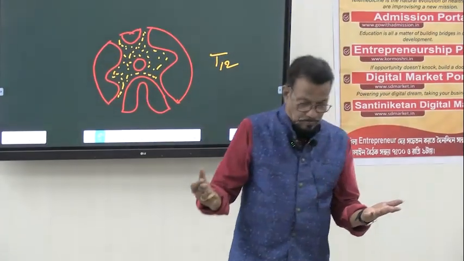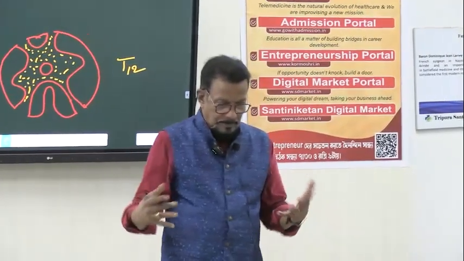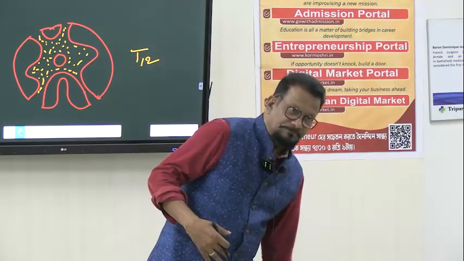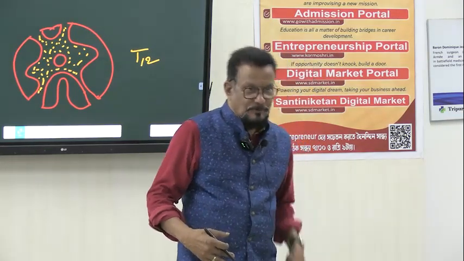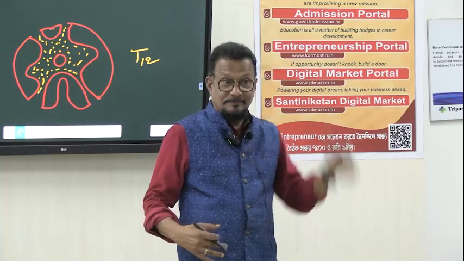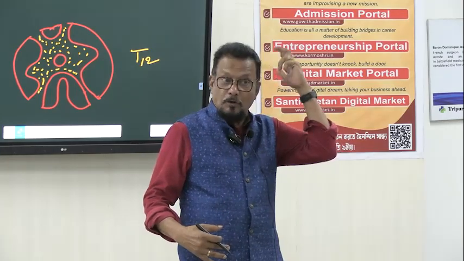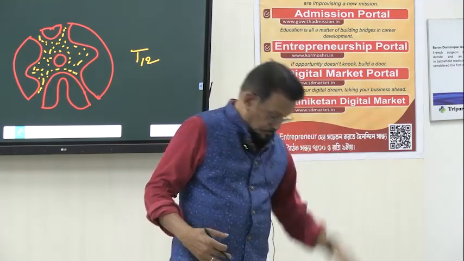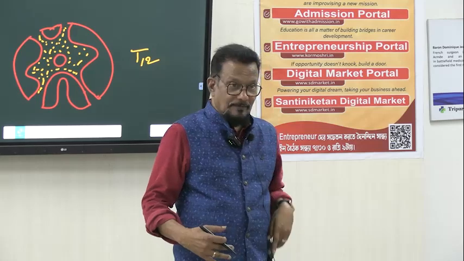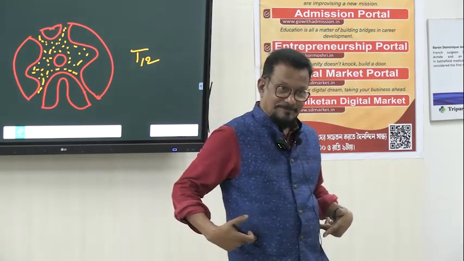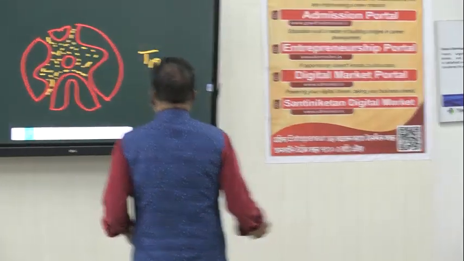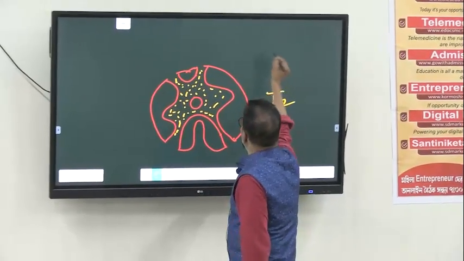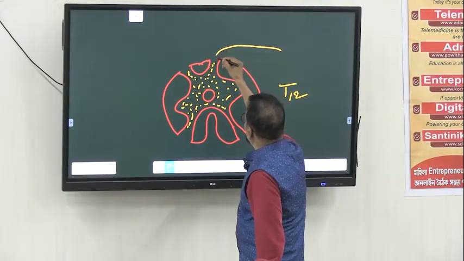So we know about the sensations. Suppose I pinched here. I could sense this sensation. And how did this information come? From here, the nerve entered into the spinal cord. This nerve entered into the spinal cord through this route.